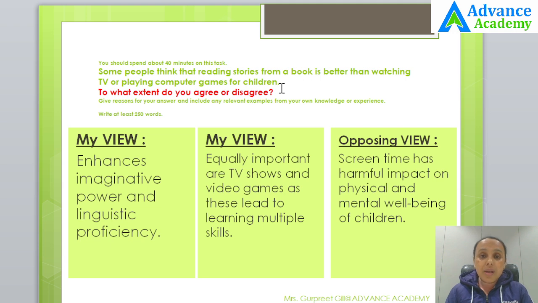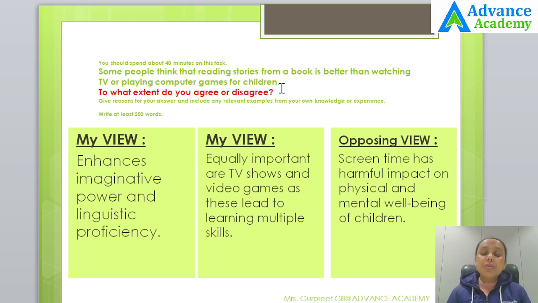In this type of agree and disagree essays where your examiner says that something A is good but B is bad, as a candidate the easiest way for you is to say I disagree because A is also good and B is also good. So in this essay, the examiner says reading books is good, but TV and video games are bad. So you may say, no, I disagree completely because books are good. However, TV and video games are also equally good.